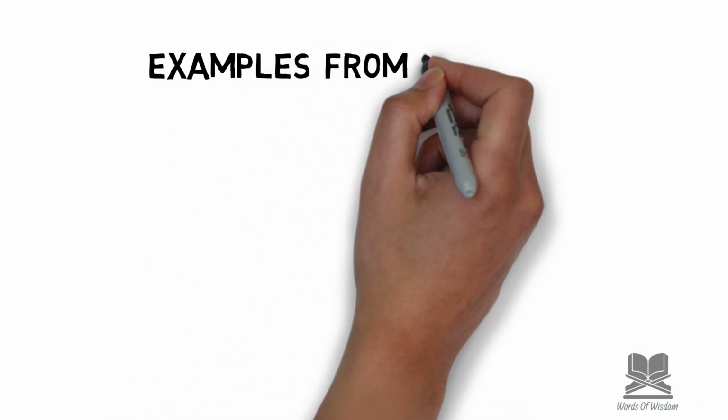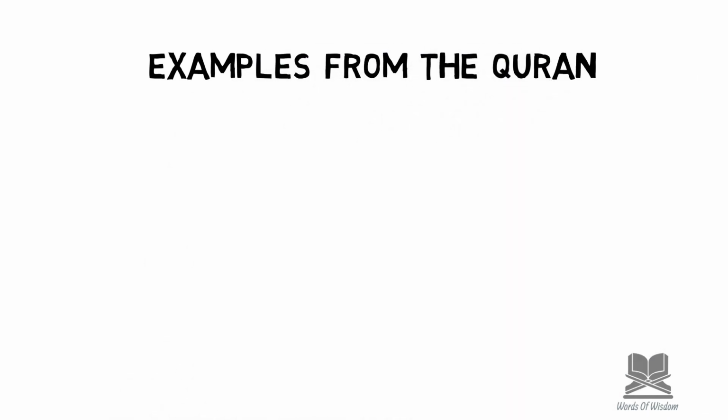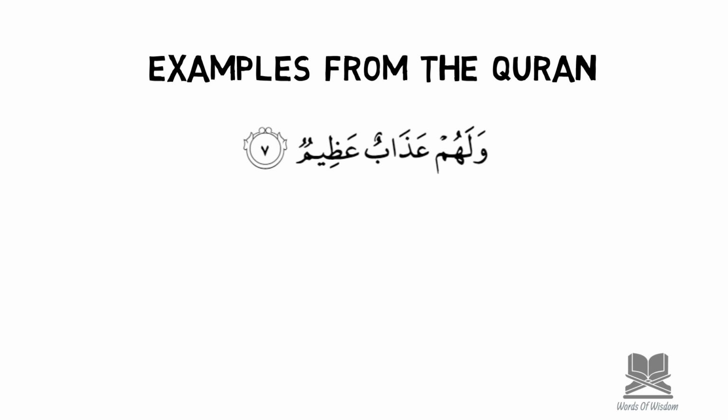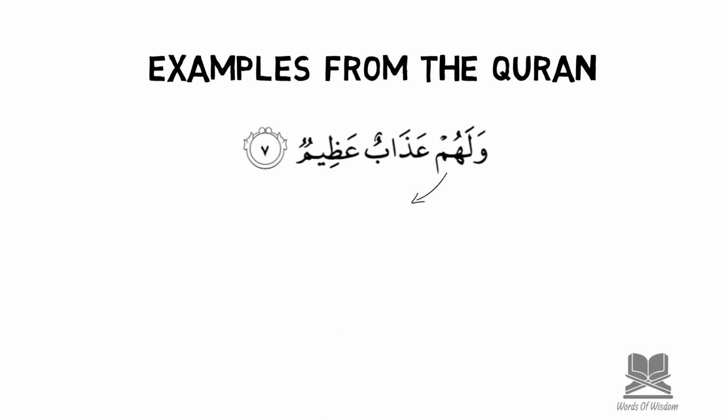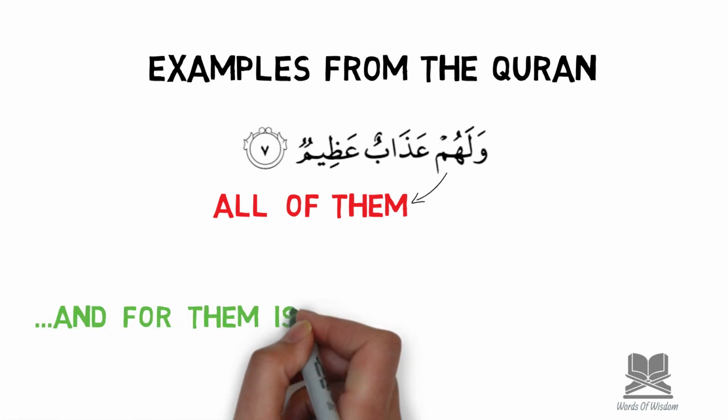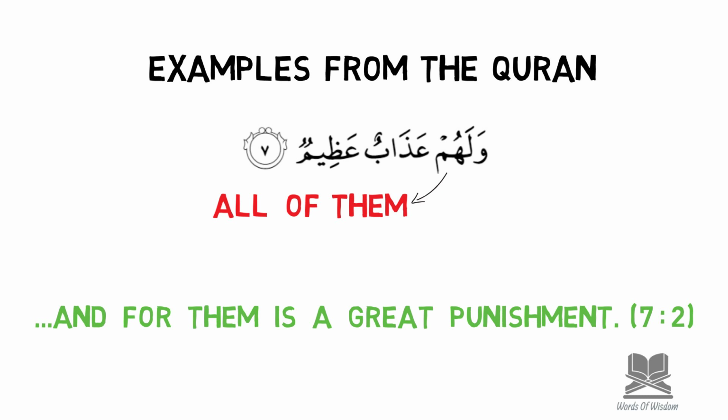and how they work. In the Quran, there are numerous examples of this, where you will find these examples give or take in nearly every single sentence. If you understand this concept really well, it will help with translating and understanding ayats of the Quran. I will give you an example of an ayah from Surah Al-Baqarah, ayah number 7, where Allah subhanahu wa ta'ala says, وَلَهُمْ عَذَابٌ عَظِيمٌ. وَلَهُمْ, and la, for. We've done this in lesson number 5, preposition means for. And for them. What's the pronoun for them? Hum. Hu, huma, hum. So if you attach the hum to the la, وَلَهُمْ, and for them,